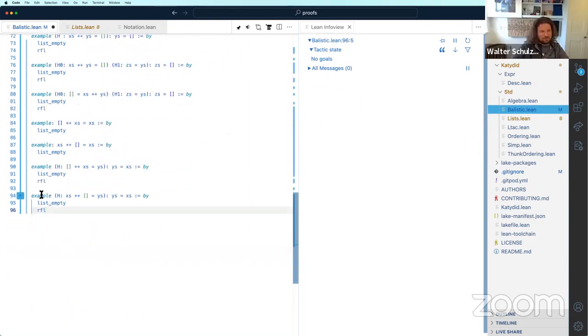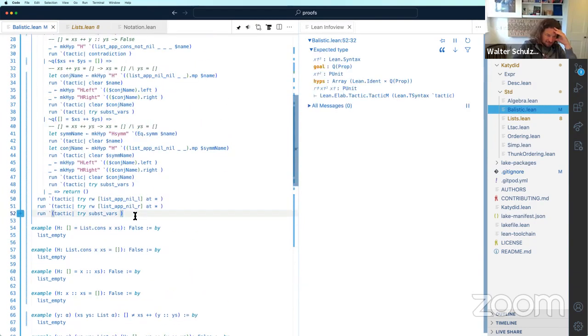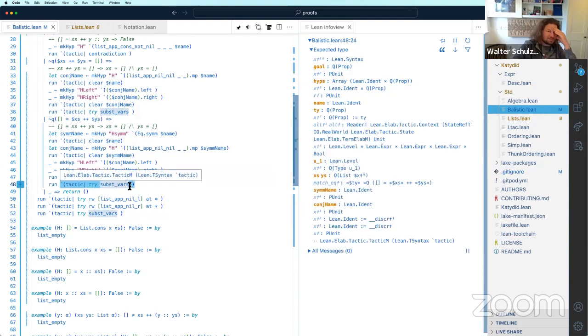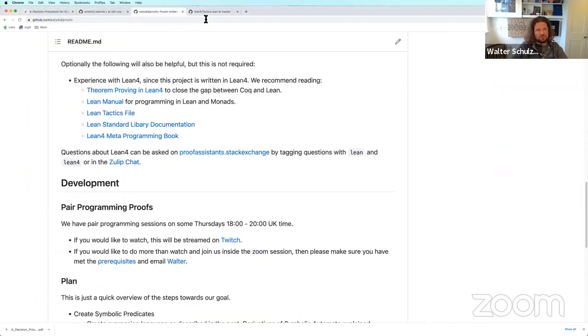Oh, this tactic is too powerful. Like, subvars is not, I wonder if we can specify what we want to subvar.